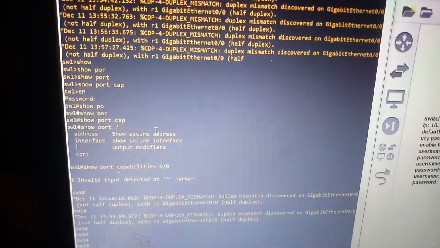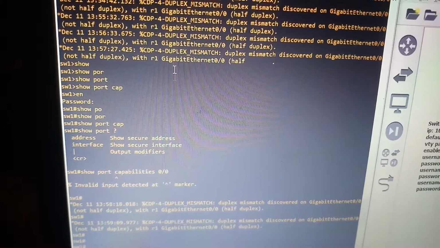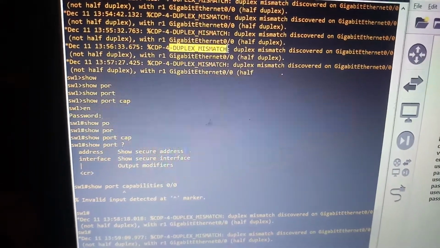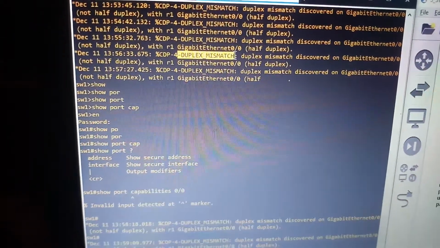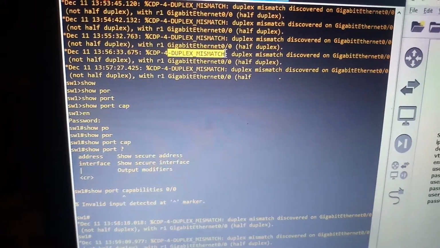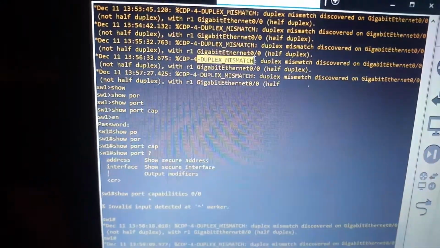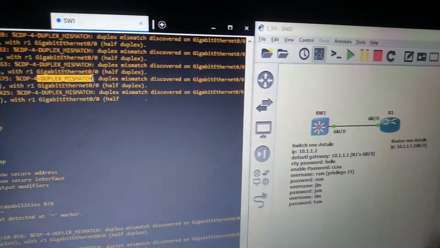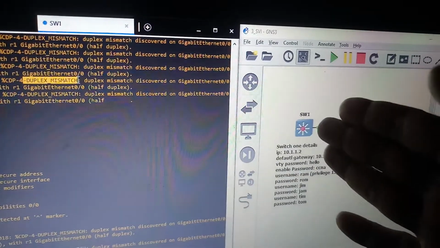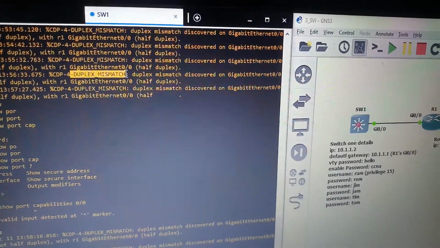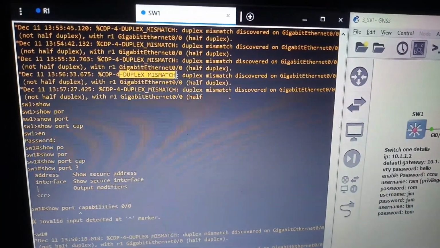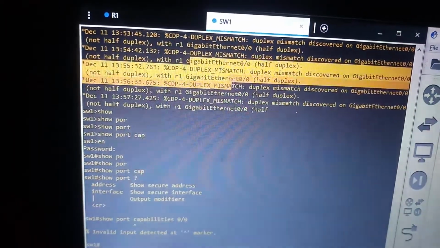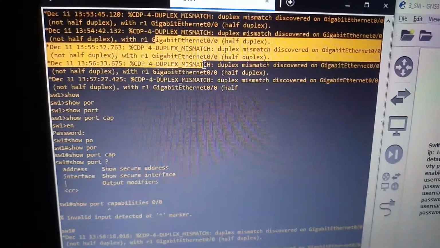First of all, if you have an auto/full duplex mismatch, it will not break your communication, but it will affect your speed, the speed at which these two devices communicate. For example, I already set up telnet on this switch, and I can access the switch via telnet through router 1. This duplex mismatch doesn't cause any problem to that communication. But every time the switch is running, it will throw a duplex mismatch error like this. So I will explain how I solved it.